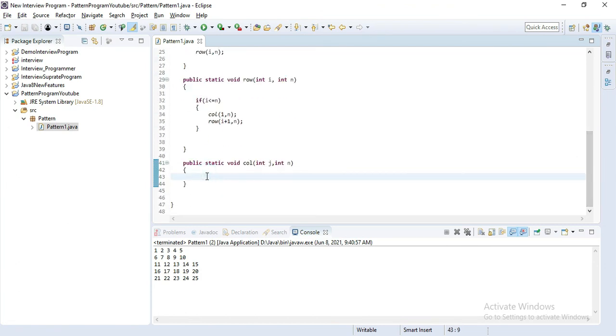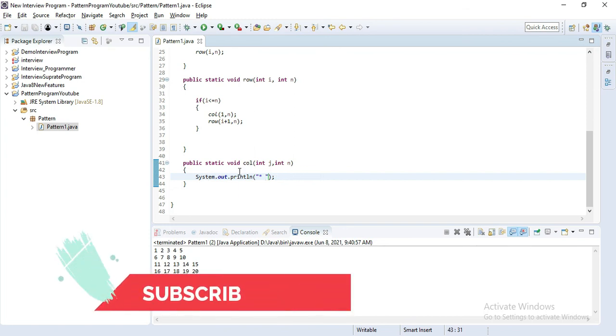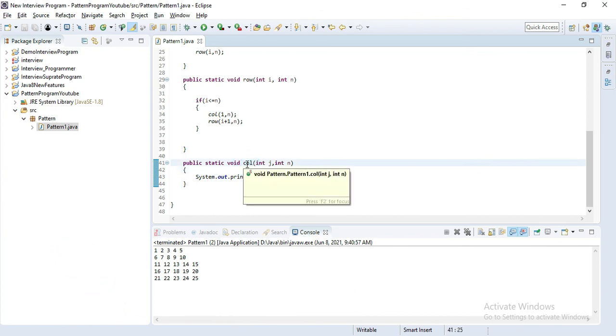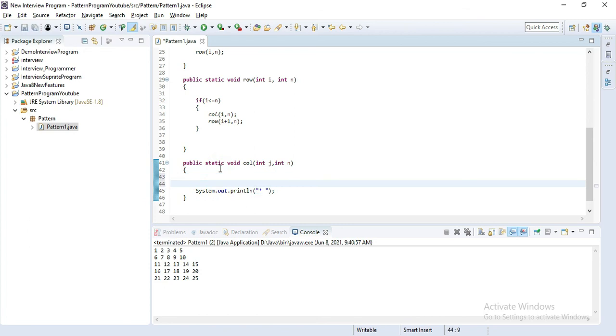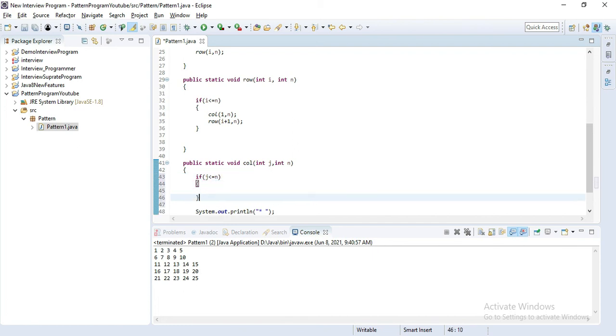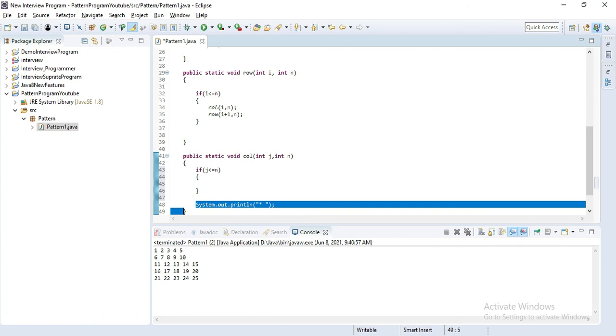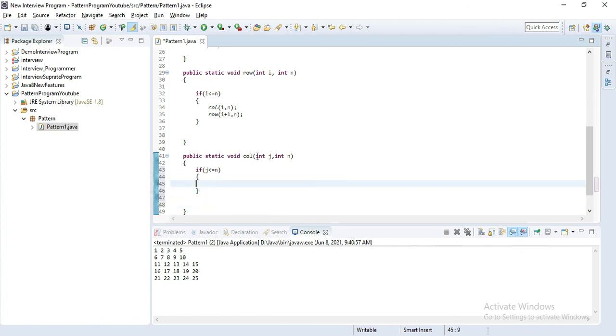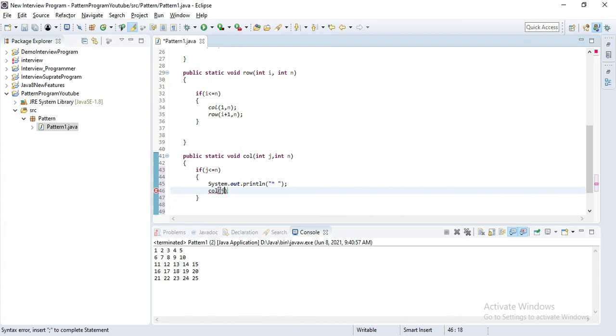Here we do the same thing, sys out, and print star with a space. We also have to iterate this method itself, calling it n number of times. If j is less than or equal to n and it's satisfied, then print this star, and after printing the star call the same method with j plus 1 and pass the n value.